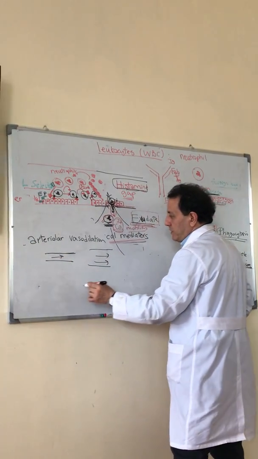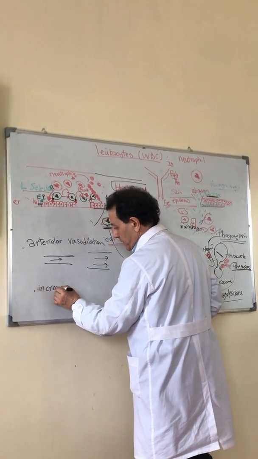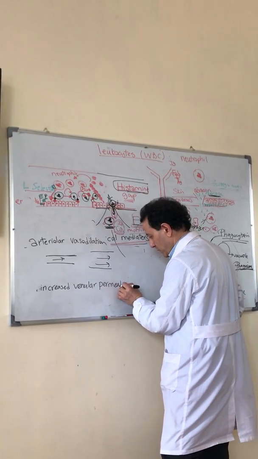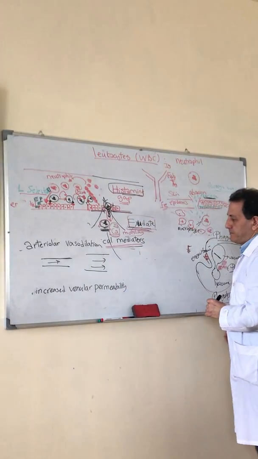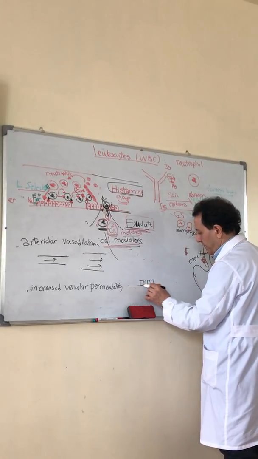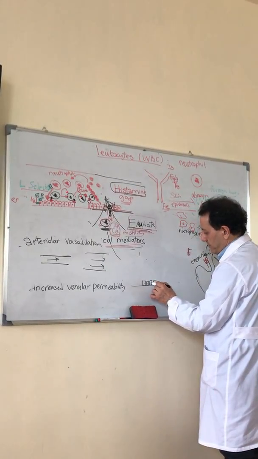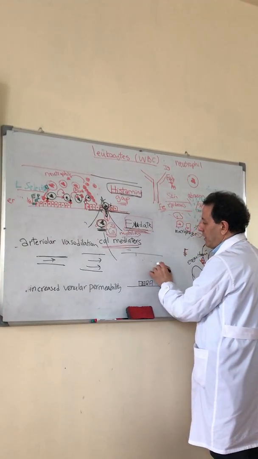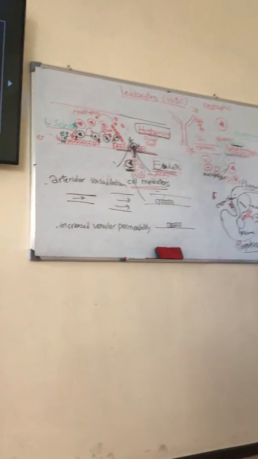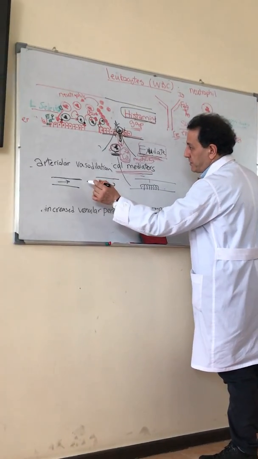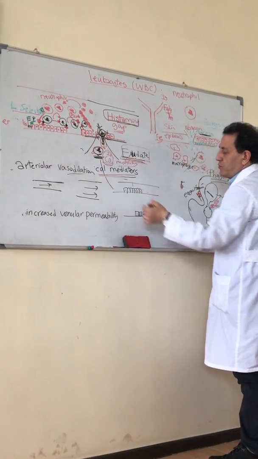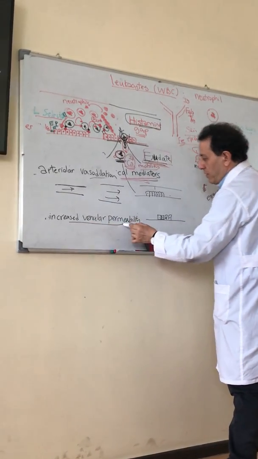This increased blood flow then causes increased venular permeability. Because in venules, the endothelial cells that line the vessels have more space between them in comparison with arterioles that have tightly ordered endothelial cells. So the change in arterioles is dilation, but this increased blood flow due to vasodilation causes increased venular permeability